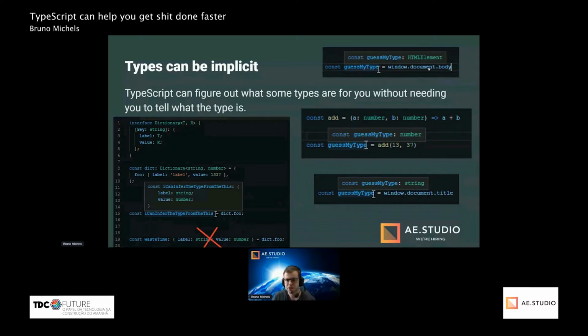Some other examples here. So we have types for the DOM. We have HTMLElement. In here, we have a function that takes two parameters. Both of them are numbers, and then it returns a number plus another number. I'm not saying what is the return type of this function, and TypeScript understands that the result of this operation is going to result into a number. So if I create a new variable and assign to calling that function, I'm going to know that the return here is going to be a number. So this variable is going to be of the type number.